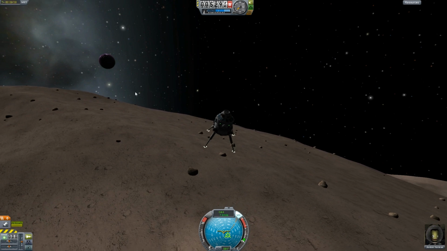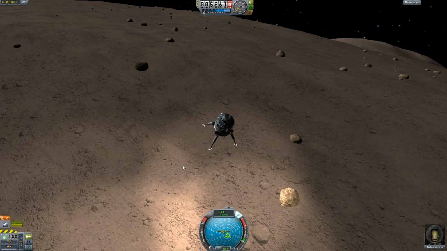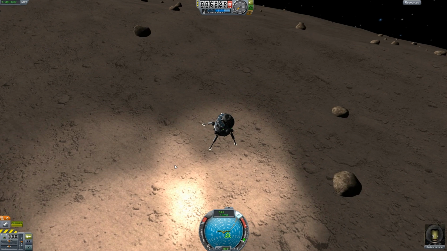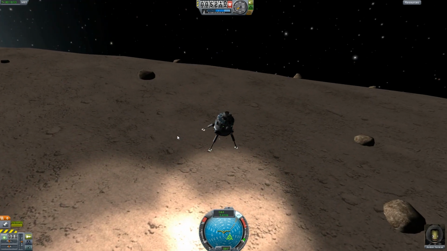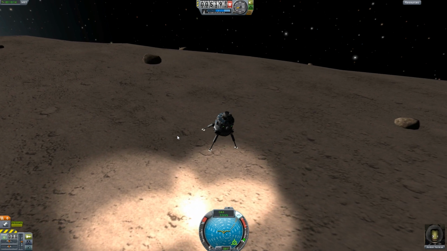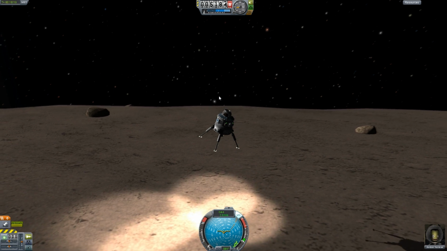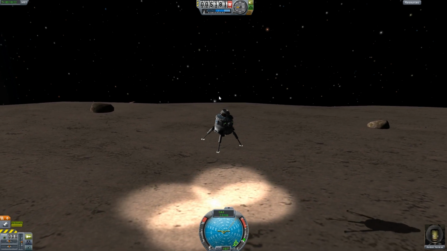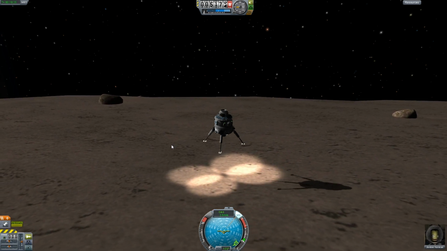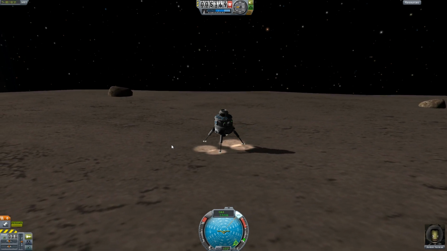I love this view of Eve from here. This is actually at Gilly's closest approach to Eve, or pretty close to it at least. Okay, let's slow down. So look at that, just a tiny bit of thrust keeps us... Yeah, let's orient ourselves up. It's going to be a bit of a problem, but let me just...